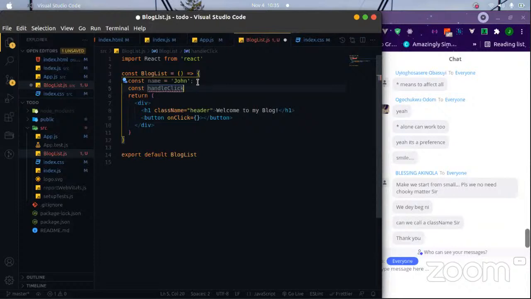You could actually call it anything you want, but it's a lot easier to call it this way. This is how the community has grown, so that's what everybody calls it, and you just get used to it. Sometimes when you go to look for solutions online, you see that this is the naming convention they use. So you could use anything, but this is what I prefer to use. So, using an arrow function,